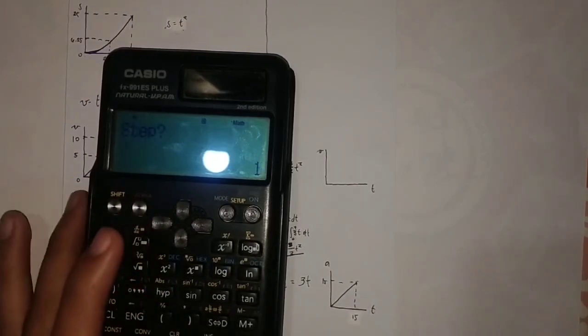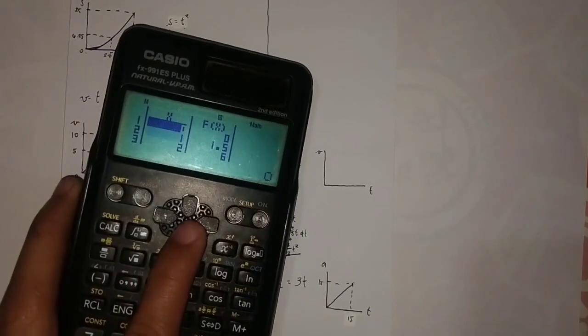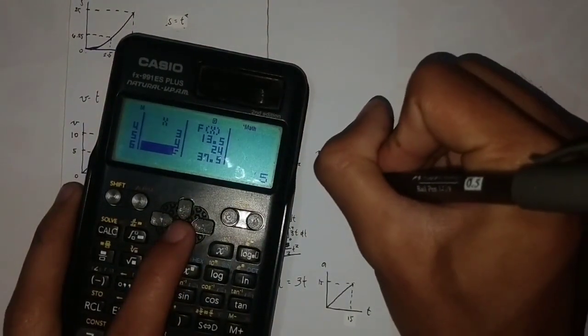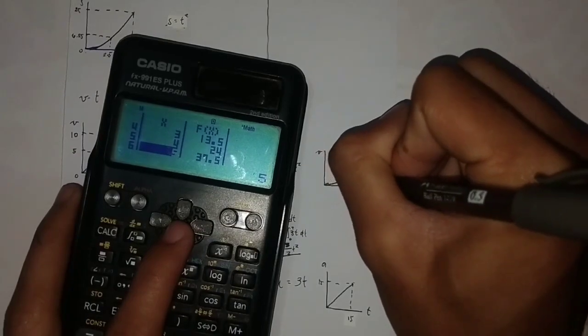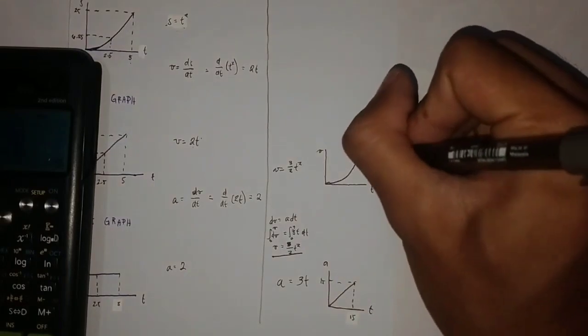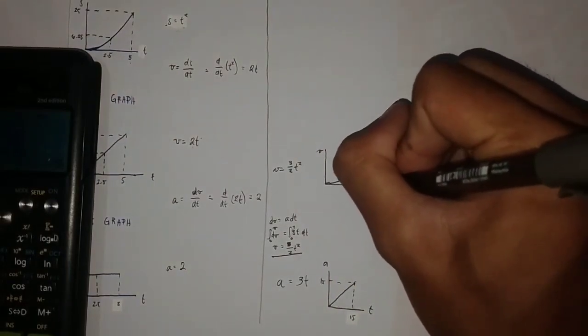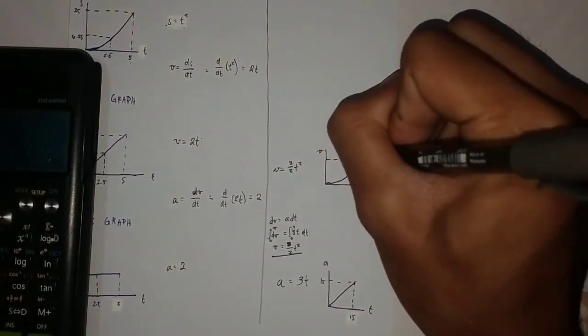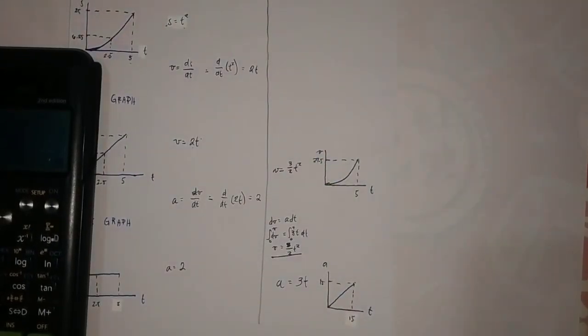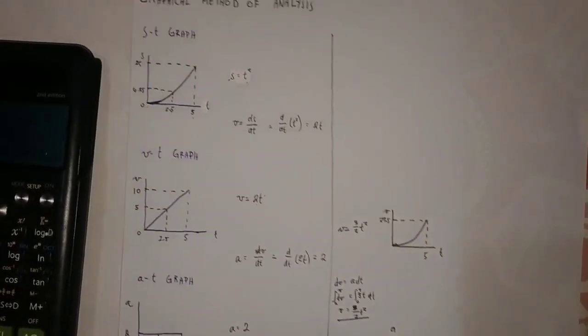From 0 to 5, you have 0, 1.5, 6, 13.5, 24. It's understandable that your graph should be a parabola. And then, at 5 seconds, we will have a 37.5 meters per second velocity. So again, in order for us to get the ST graph here,